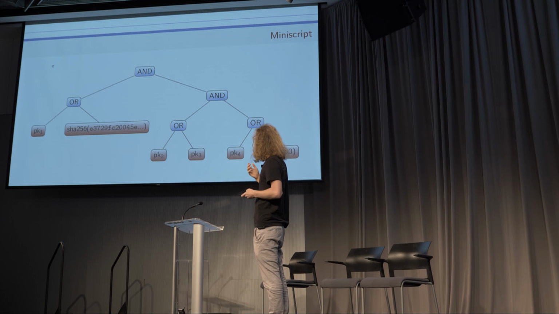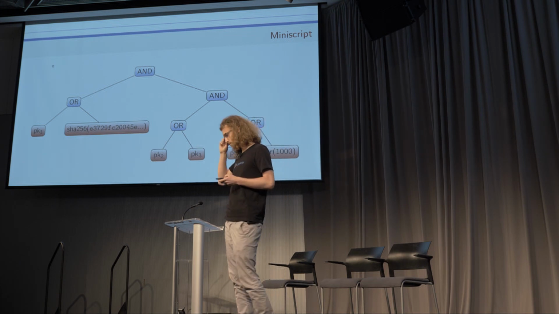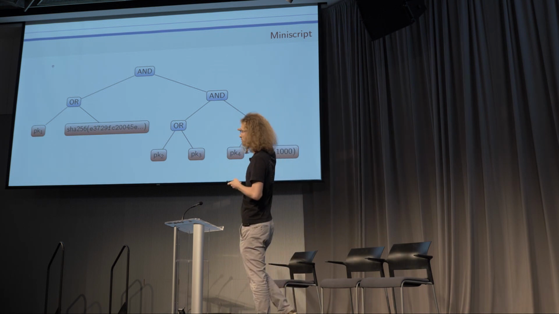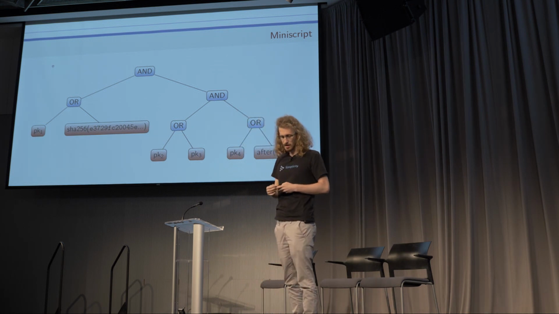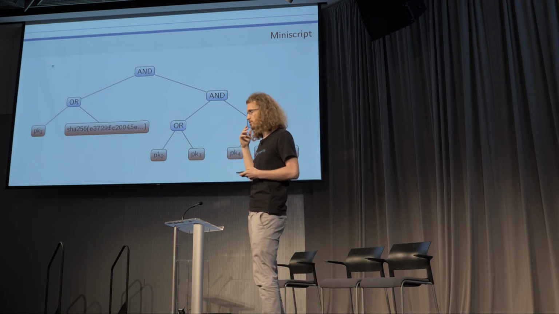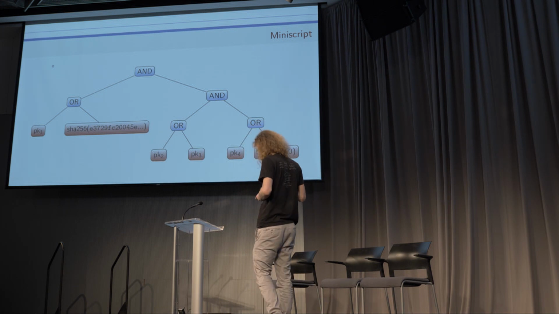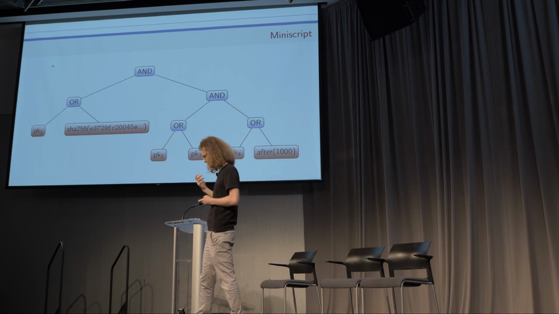Pieter Wuille and Sanket Kanjalkar wrote compilers for this policy language. The policy language looks basically like this. It's Miniscript without the subsets that will just exhaustively try all the different possibilities and come up with the most efficient script representation given some information you feed it about what branches are more likely and which branches are less likely. So it's often the case that if you have a likely branch, a branch that's likely to be taken,